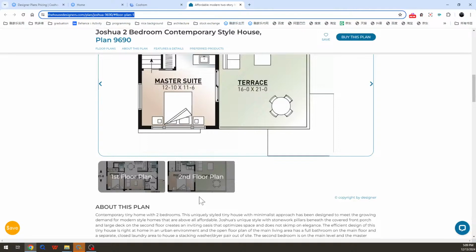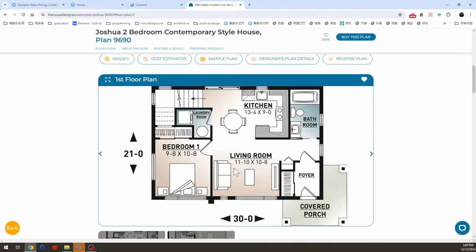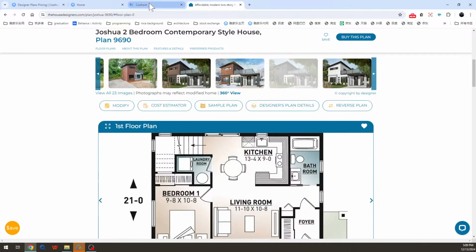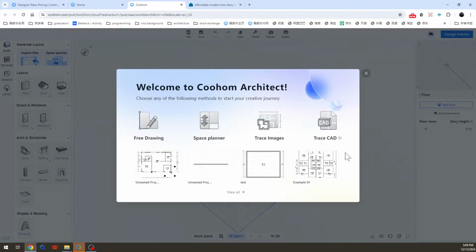I already have it in my system, so I can use this for modeling. Here is the welcome panel. Today I will choose trace image because,